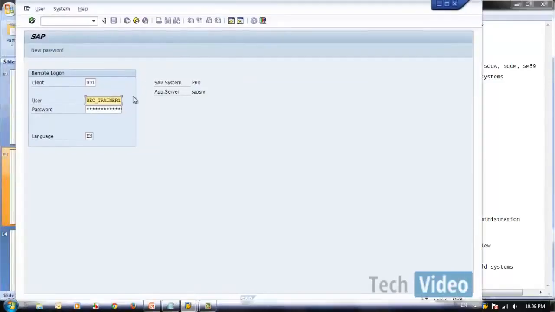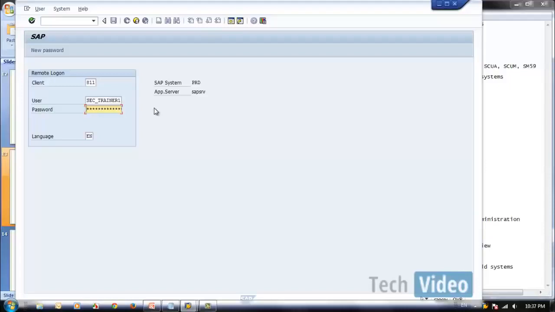Now we are trying to connect to client 811. If it is a dialog user, then it will log in automatically and do the configuration.